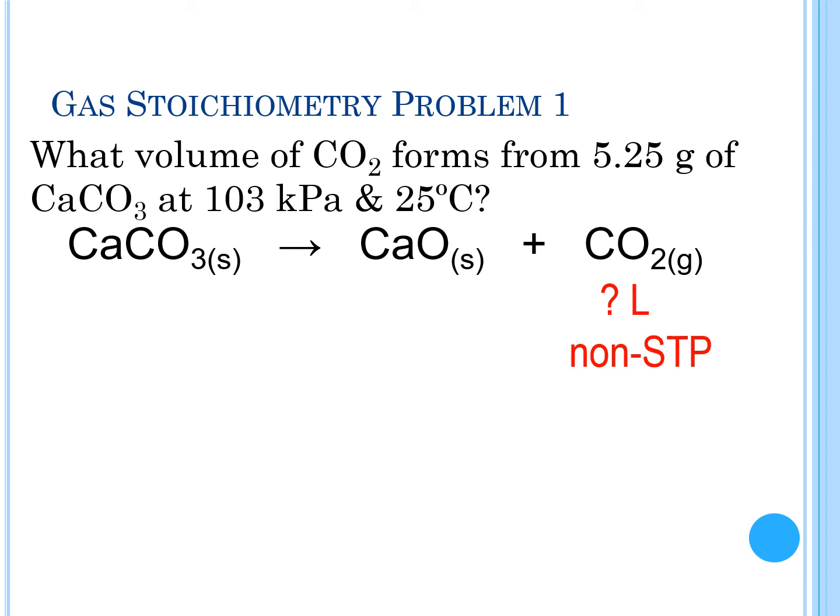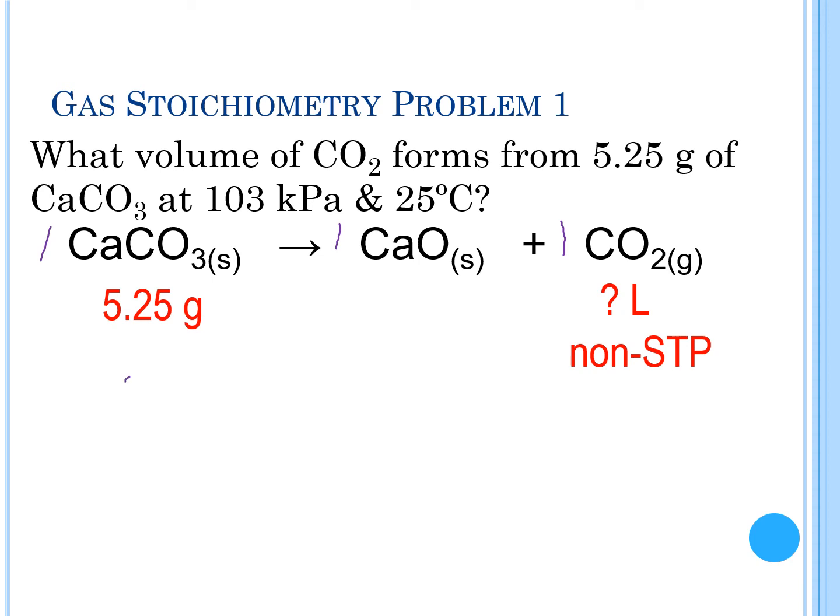CaCO3 yields CaO plus CO2. Already balanced, everything's a 1. 1 calcium, 1 carbon, 3 oxygens on either side. So we're being asked for volume of CO2, and we have been given grams of calcium carbonate. So in order to solve this problem, I can't use 22.4, but I'm going to start with a fence, and